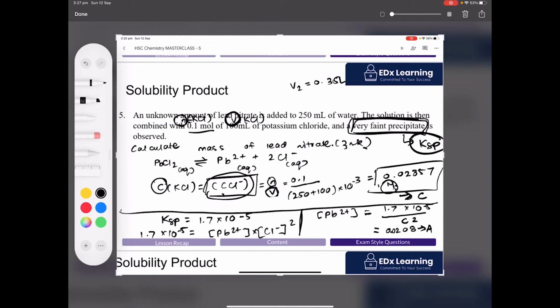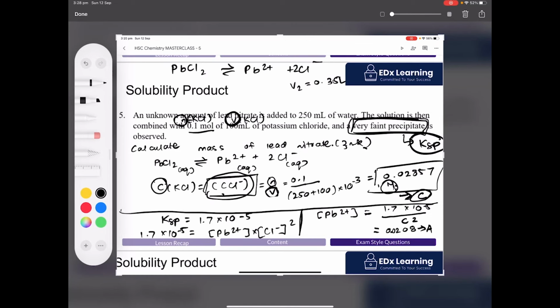Wait, so the KSP would be equal to, since chloride has a coefficient of 2, then wouldn't it be equal to 4x cubed? Wouldn't it be equal to 4C cubed in this case, since I stored it as C? Yeah, it would, Taha, if you had that scenario where PbCl2 is forming Pb2+ and